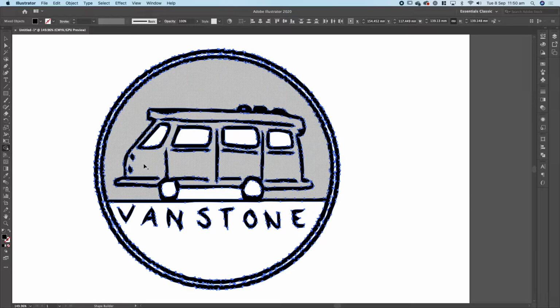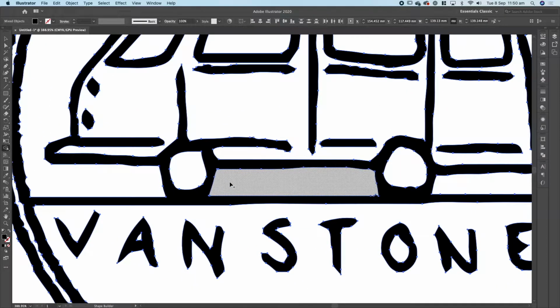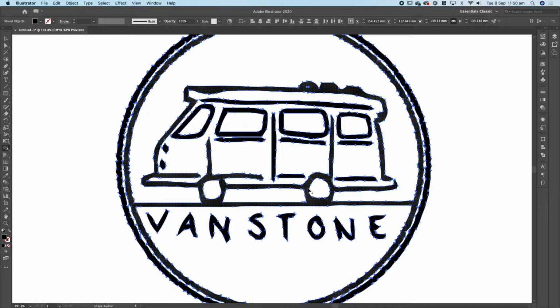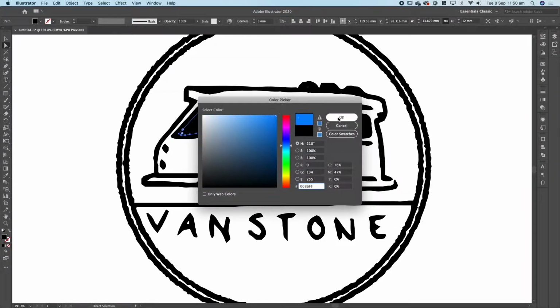And when you hover your mouse over areas that are closed off, and by closed off, I simply mean that there are no gaps in this particular area. So this bit under the van actually highlights in Illustrator with that checkerboard type looking thing. You can then go ahead and click on one of those areas and that actually turns into the color that is set over here. If I then click on the selection tool to click off, and I click on the direct selection tool, I can then change this color,